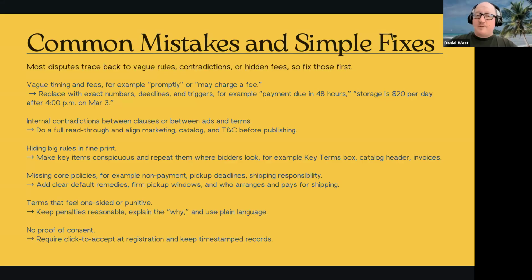Where this stuff is going to come up is in chargeback disputes with the credit card companies. That's primarily where you're going to see these issues. And credit card companies, the dispute handlers there are not judges. They're just ordinary people trying to resolve disputes between cardholders and people like you. The more clear you are, the more normal language you use, and the more conspicuous the key terms are, the happier everyone will be.